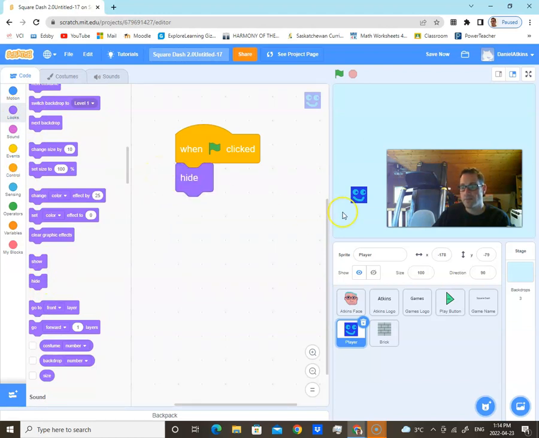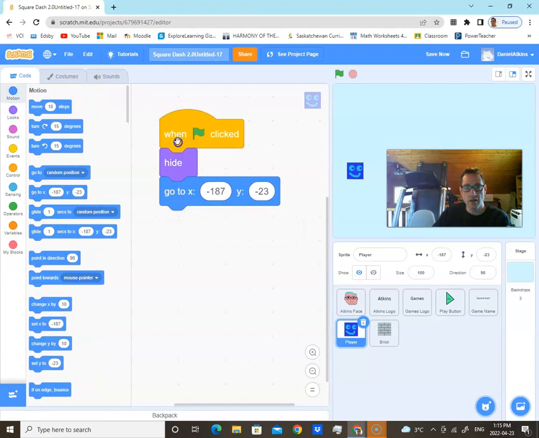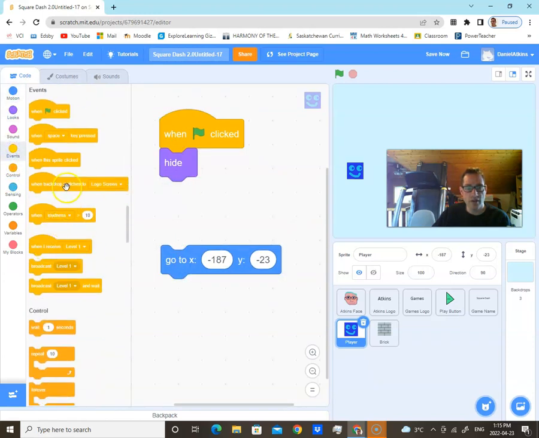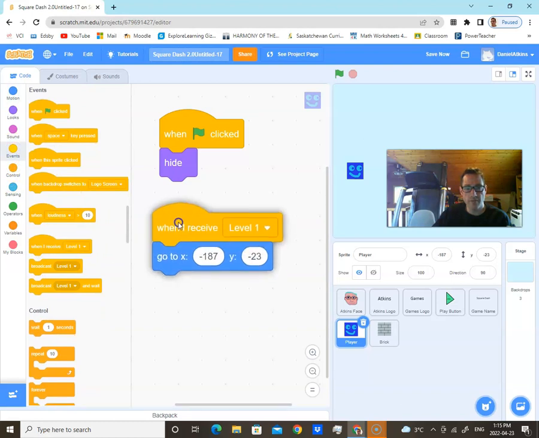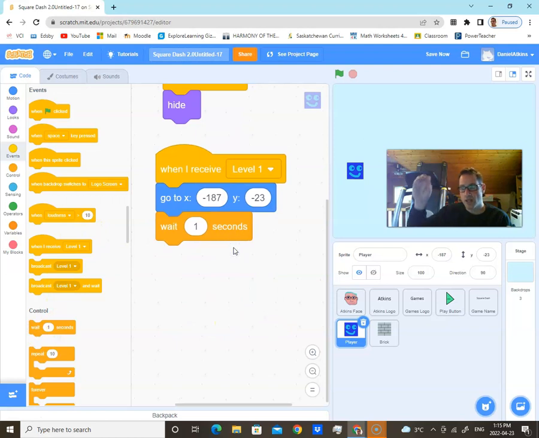And we want it to go to a location. I think we'll have it start at a location up here and fall to the bricks. I think that will be a nice thing. So I'm going to tell it to go to where it is right there. And that actually maybe I'll put under when I receive level 1. Go to that location. And then we're going to wait a little bit, maybe a second, before we actually have it